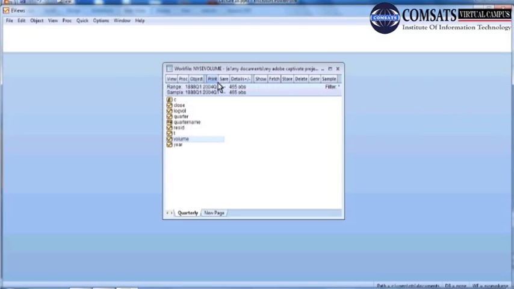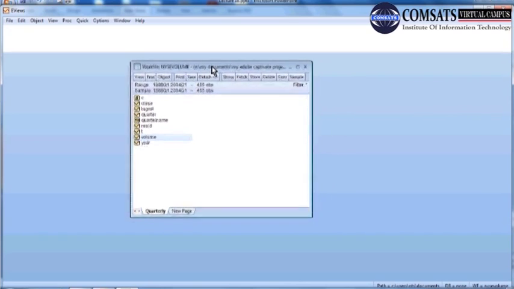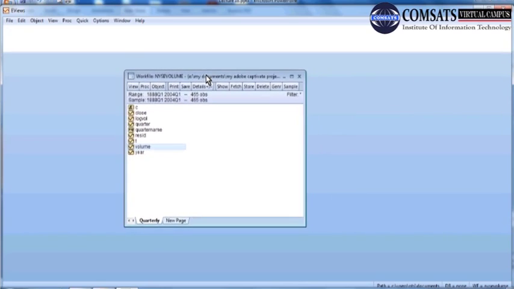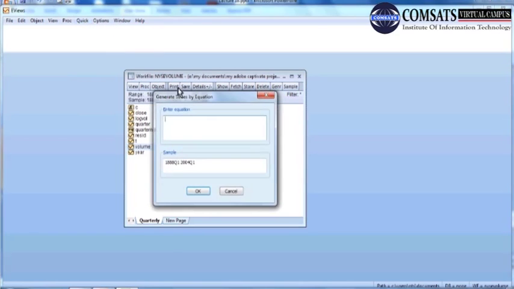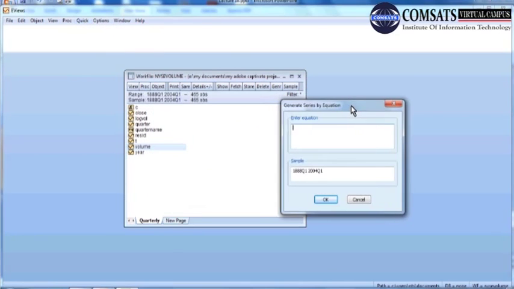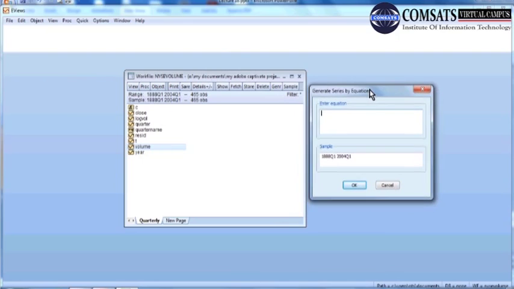We go to Quick, and this time we want to generate series. Let me readjust it so that you can see it clearly. So here I enter the equation.